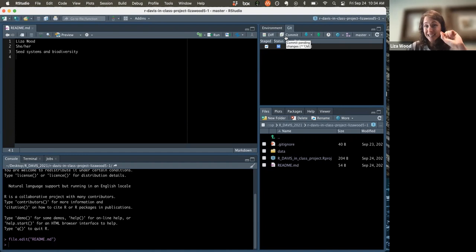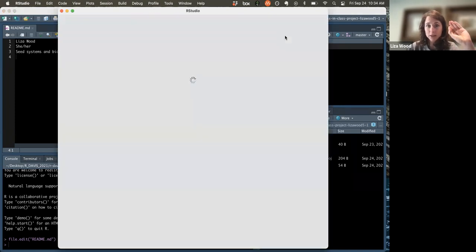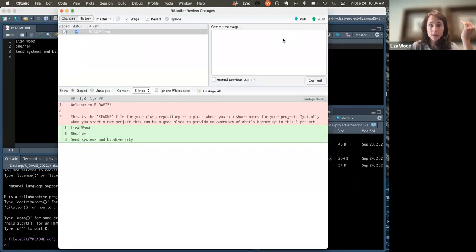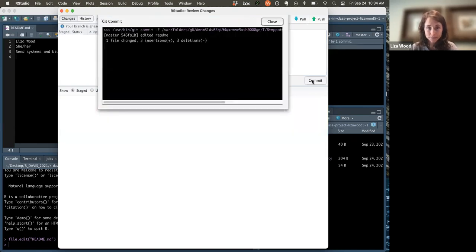You're then going to go to the commit box up here, and it will prompt you with a new pop-up. It shows you the changes that you made. In red, you'll be able to see what you deleted that was previously there, and I've added what's in green. Great. And so then the next step is to commit. Every time we commit, we're also going to write ourselves a little message about what the edit was. So "I edited my README" is all you really have to say. Nothing fancy, it doesn't have to be very descriptive, but you can add it as a message, click commit, and then